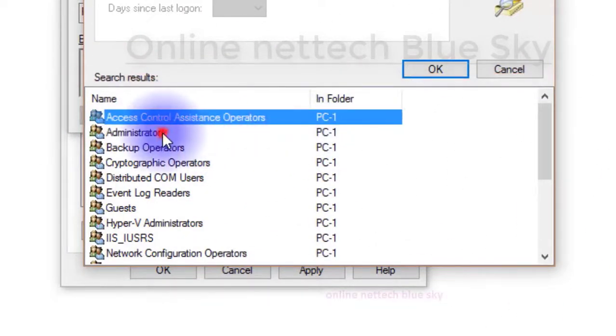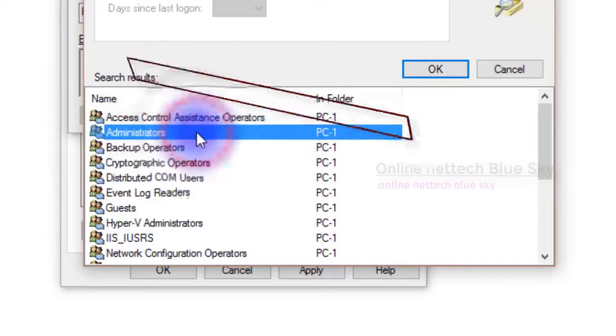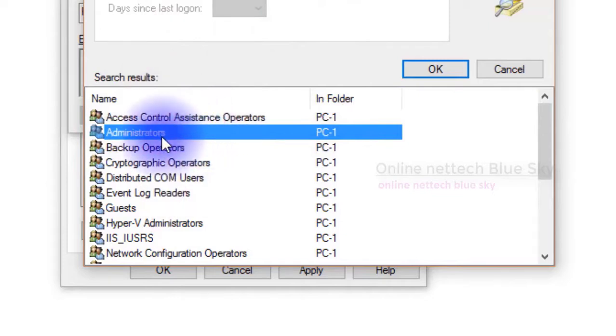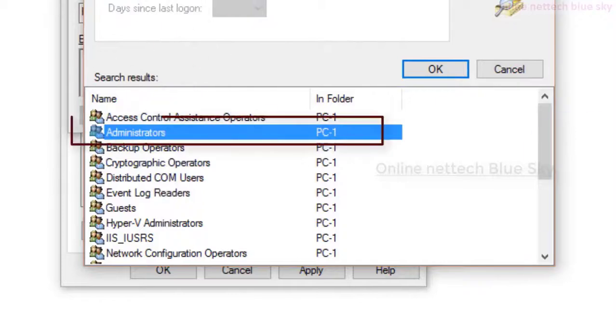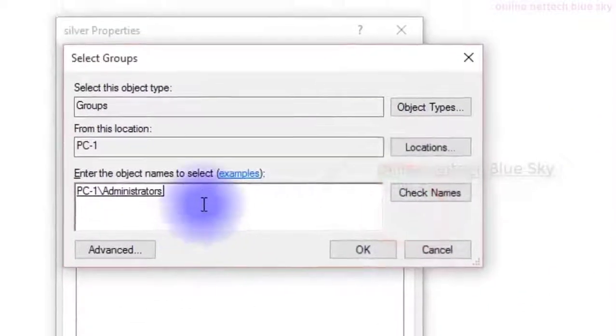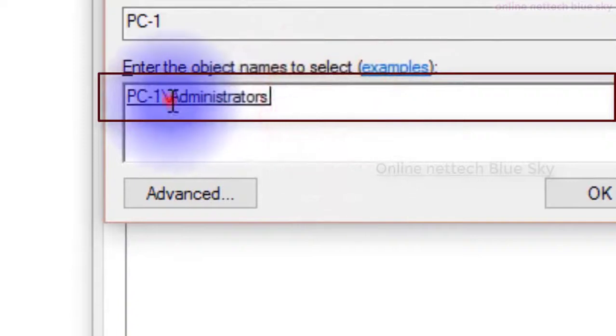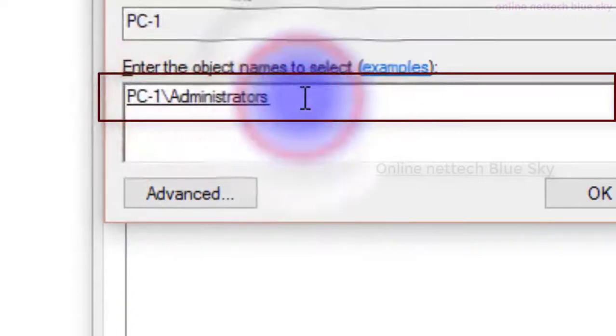After you click, you can first find your administrator account. So this is my administrator account, click OK and click on Add. That means it is applied, and click on OK. So this administrator account is created by default in my operating system's users, and you can see here this simple account is converted into the main administrator account. So you can change your local account to an administrator account.